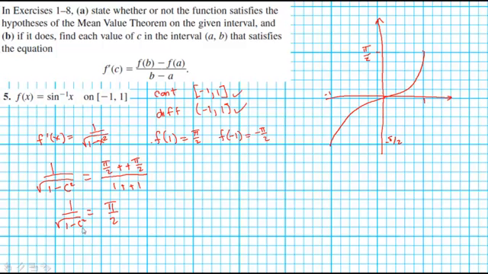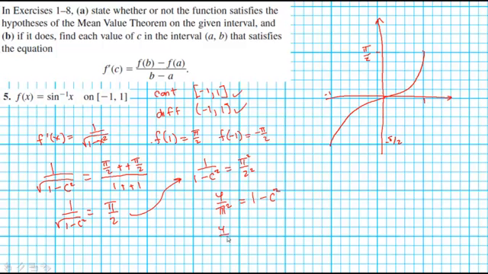Well, let's square both sides of that equation and see what we get. I'm going to pull it up here, and I'm going to end up with 1 over 1 minus c squared is equal to pi squared over 2 squared. And then let's do a little cross multiplication, and I'm going to get 4 over pi squared is equal to 1 minus c squared,